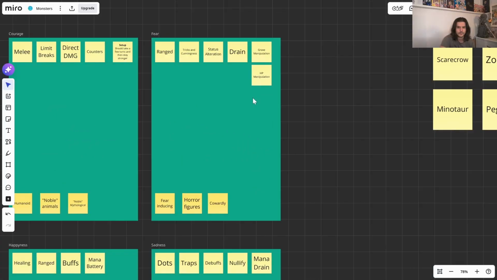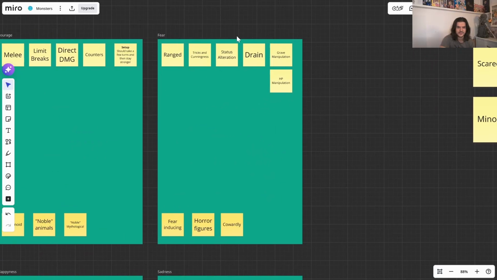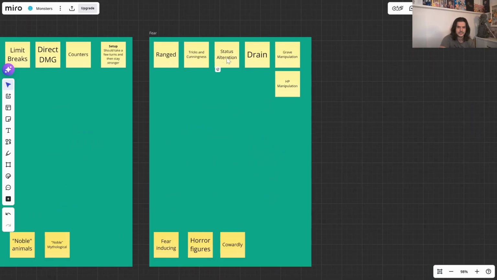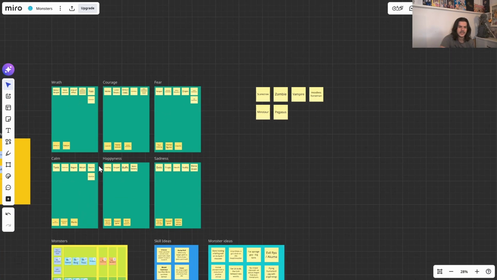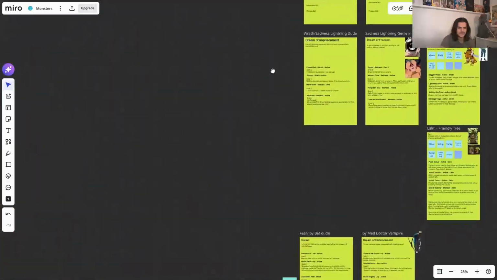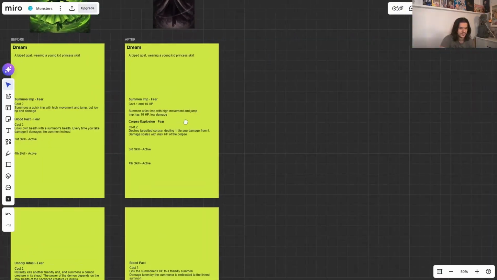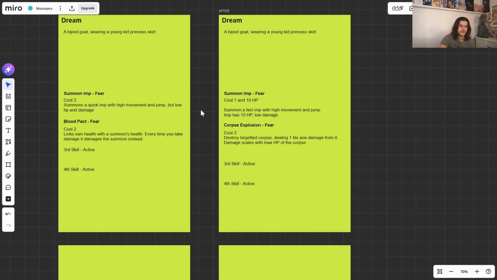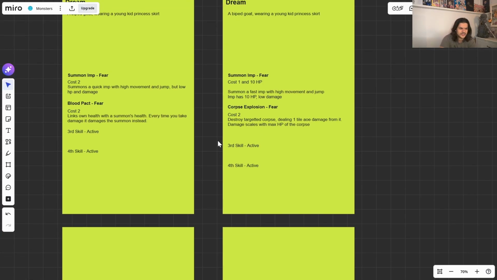looking at what more or less makes a fear unit a fear unit, and these are some of the rules that I have written down in terms of it needs to have a drain ability, for instance, or maybe grave manipulation, HP manipulation, status alteration, etc. And then I picked which one made sense for this new unit, for instance, which was in this case HP manipulation. So I moved a few things around. I decided to remove a couple of summons that felt a bit redundant and still not quite significant, and instead added an